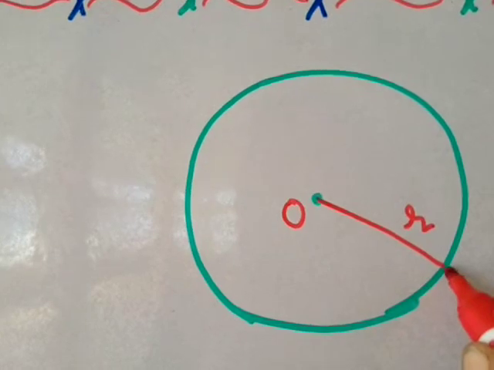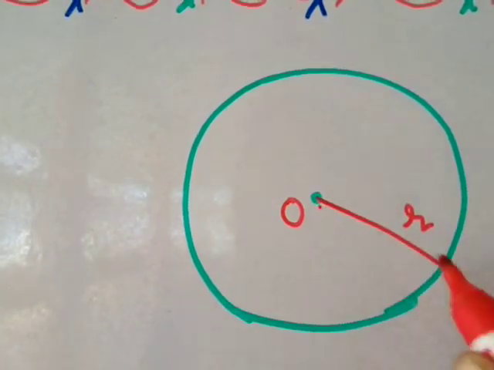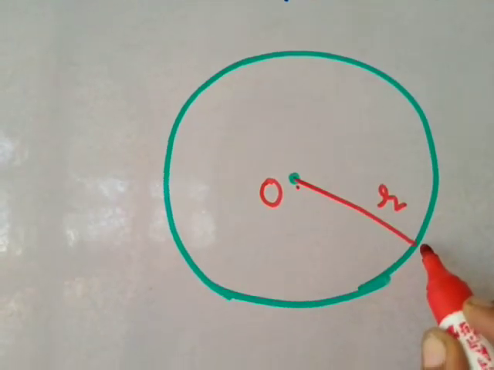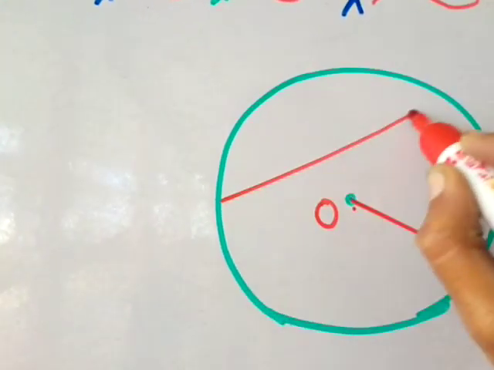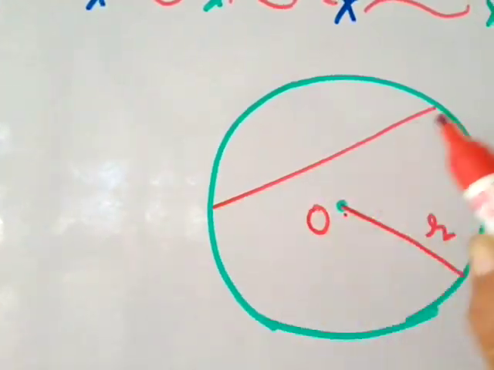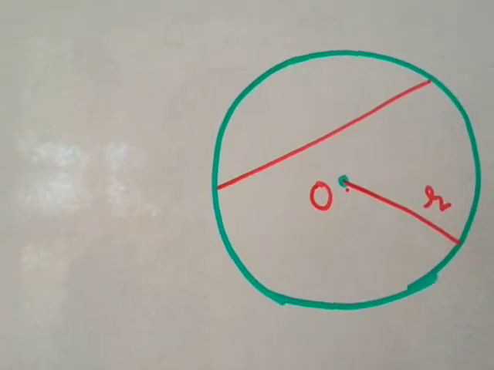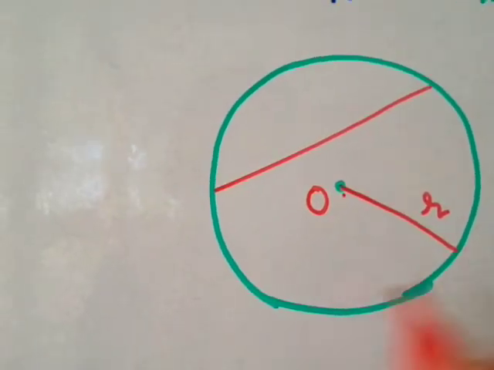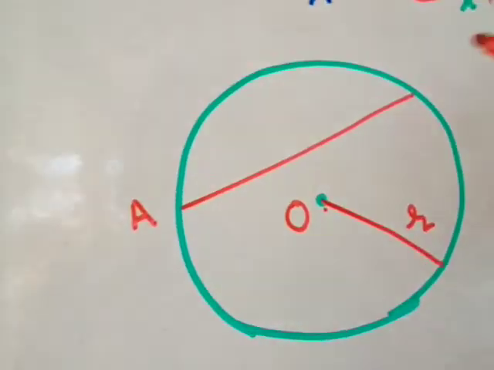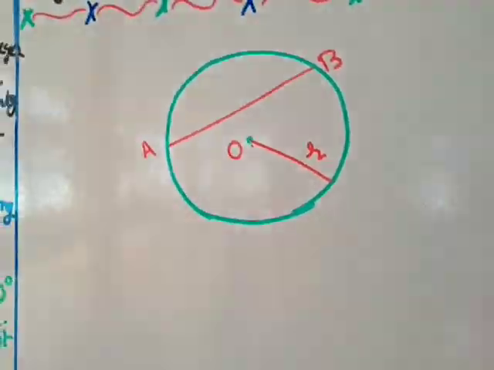Now the radius is starting from the center and the other endpoint is on the circle, right? And the chord, you know, this is the chord, right? The endpoints of the chord are on the circle. So what they have given us is each radius of a circle is a chord of a circle. You can see this is a radius and this is a chord, so obviously it is wrong, right? You can say this chord is AB, and you can say that this is not true, so we can say that it is false.